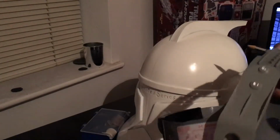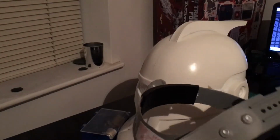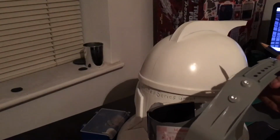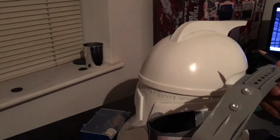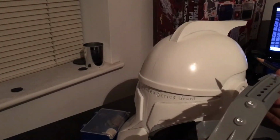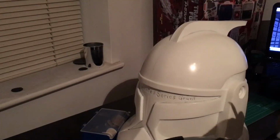The best way, if you want to try this on yourself, is to maximize it to its maximum length and then start tightening it until it gets to the point where your head is able to fit in with no problems and is not loose on your head. For my head, I had to make it all maxed out,